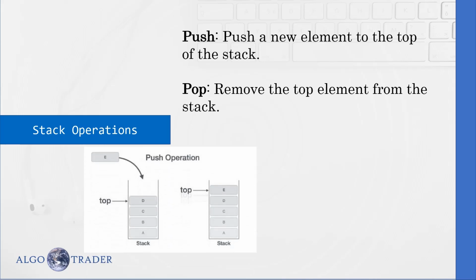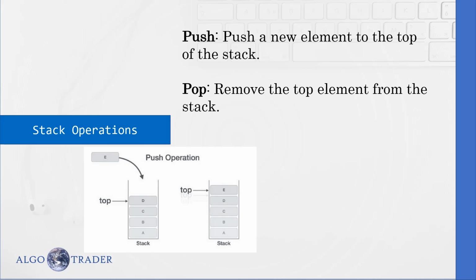Here we can see a diagram. If you look at the stack on the left side, we have 4 elements already in the stack: A, B, C, D. So to denote the top element of the stack, we need to maintain some pointer. Let's assume in this case we are calling the pointer top. Top is pointing to D on the left hand side because the current elements in the stack are A, B, C and D, and the top element is D. So the top should always point to the top of the stack.